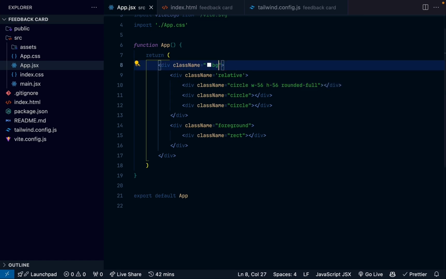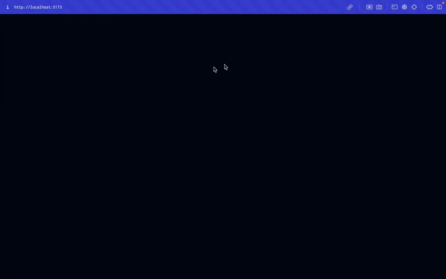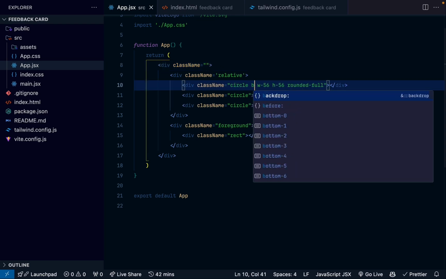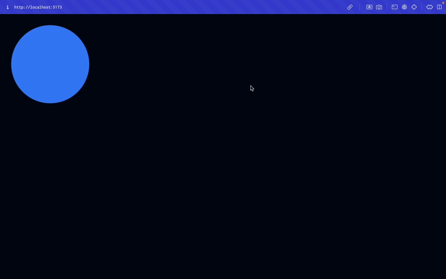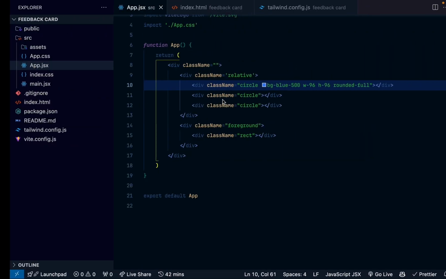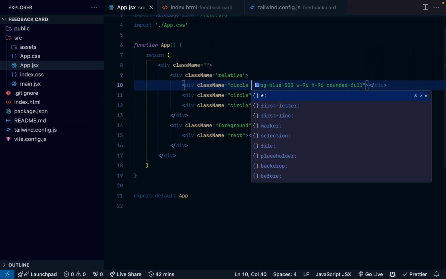So you can see here we have something, but it's not what we want. That's because here I've added a background, right? That should not be there. So this circle should have a background, so we can do the blue. So here we have the first circle, but it should be way bigger than this. So maybe we can double this, something like 96. I think 96 is the maximum that Tailwind offers. Here we are. So its position should be absolute,